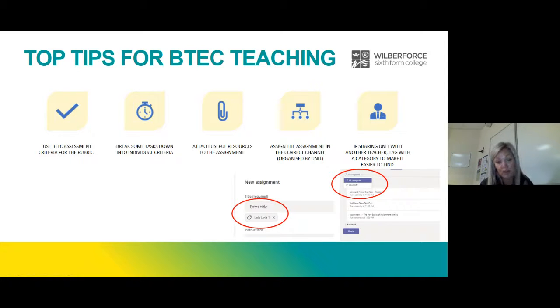So let's, for example, say I was sharing Unit 1 with 2 of the members of staff. I can tag that particular assignment as my work, and then what it means is that when I go into that channel, and let's say that all 3 members of staff have set 5 different assignments, I can actually search through all of the assignments just using my category. So I could click onto Lois's Unit 1 and it would just bring up the assignments that were tagged with that. So that makes the whole managing of the process a little bit easier.